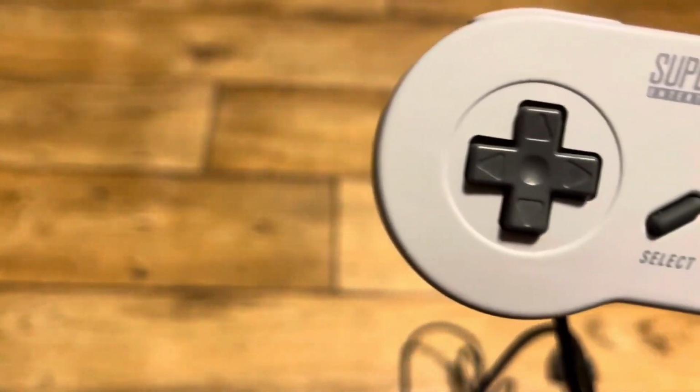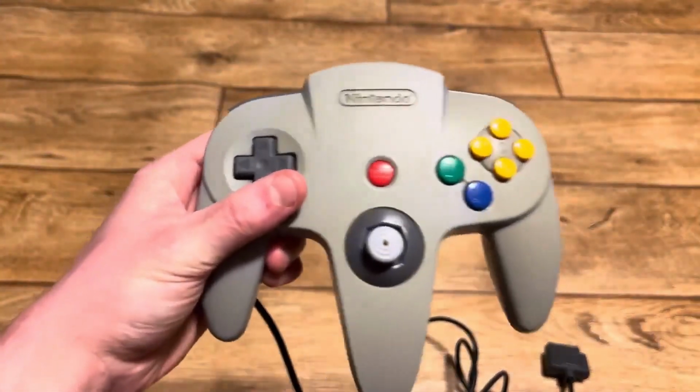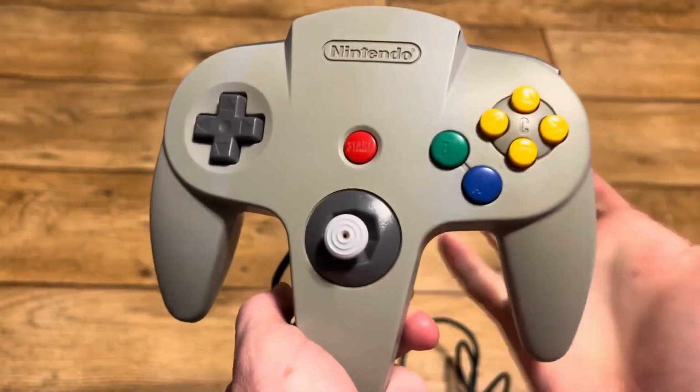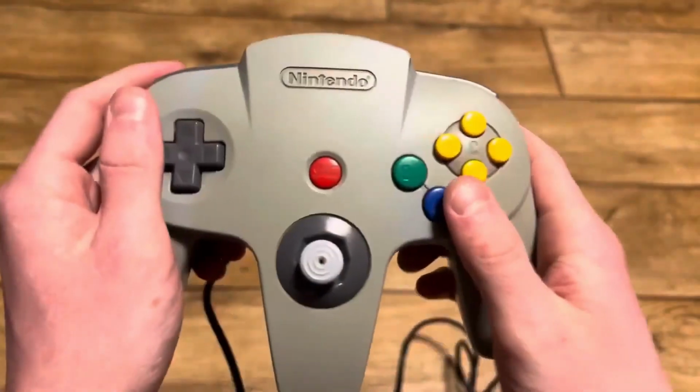But one that doesn't hold up well, you probably saw this at the beginning of the video, was the Nintendo 64 controller. What is this? This controller was designed for aliens. I'm not convinced a human could possibly use this. So, obviously,